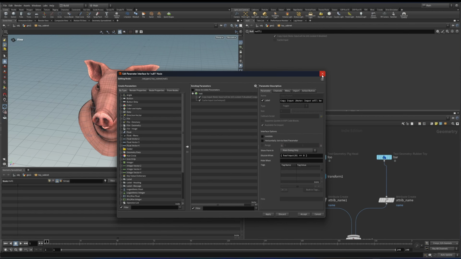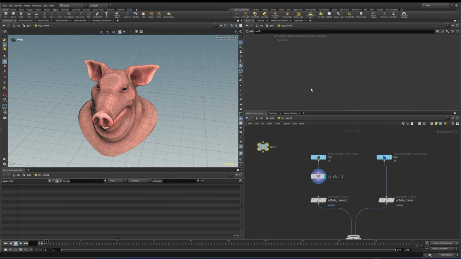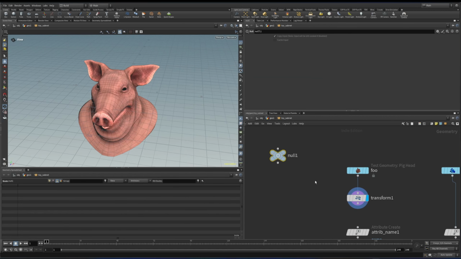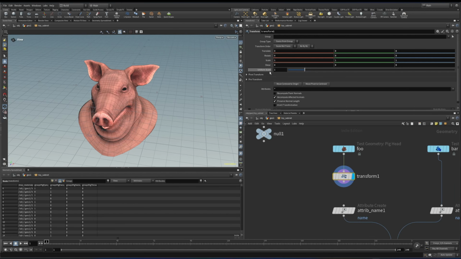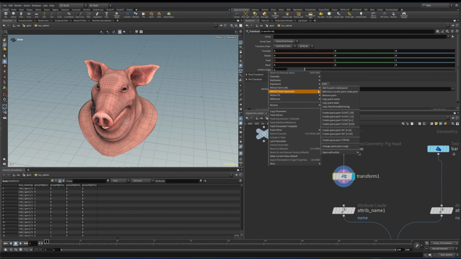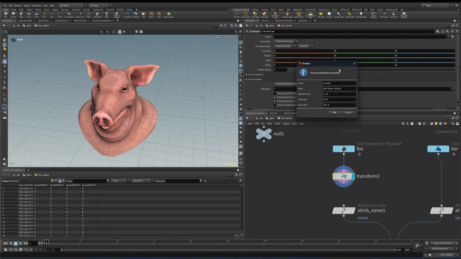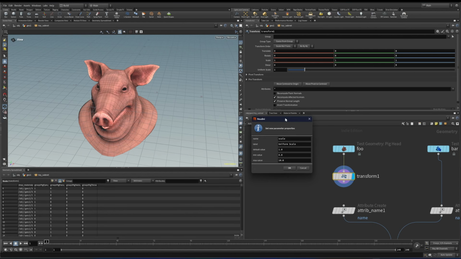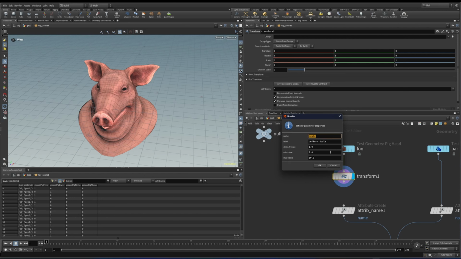They are not actually part of the definition of the node. And since this is not a digital asset, we have the option to only add it as a spare parameter. Just go ahead and add it to the parameter. You can see it's going to bring up this window, and we can go ahead and change the name of the parameter. Let's call this, internal name, going to be pig head